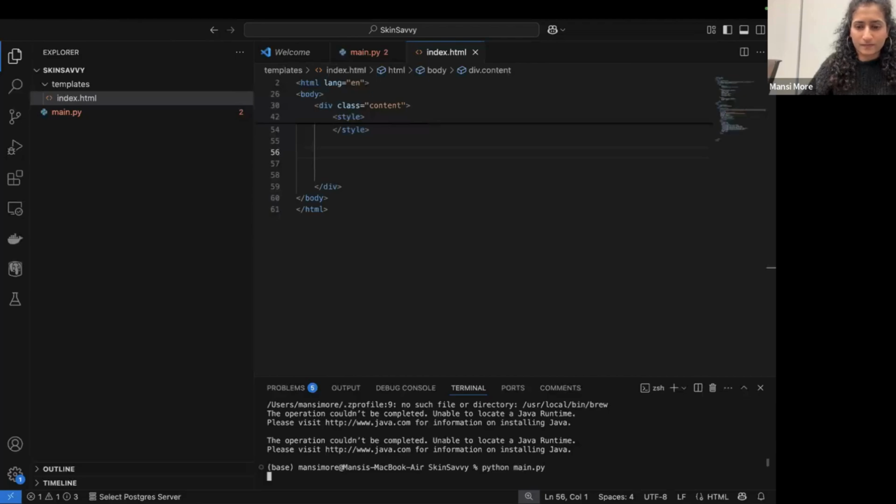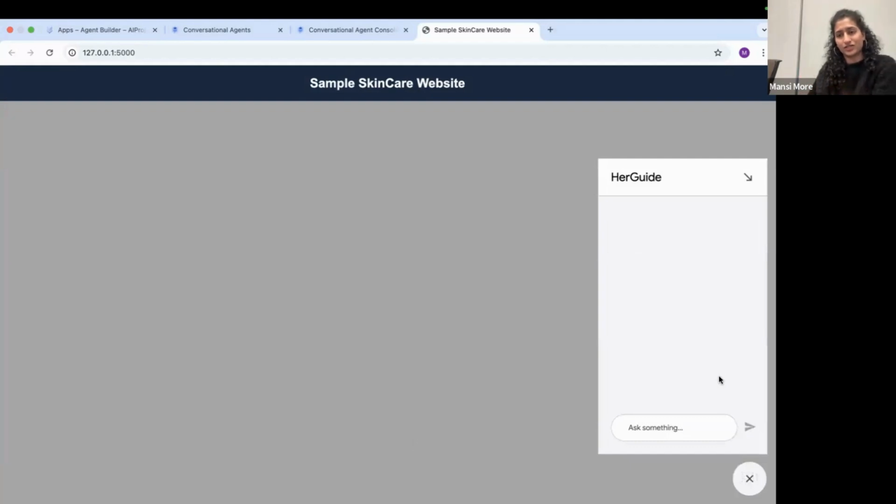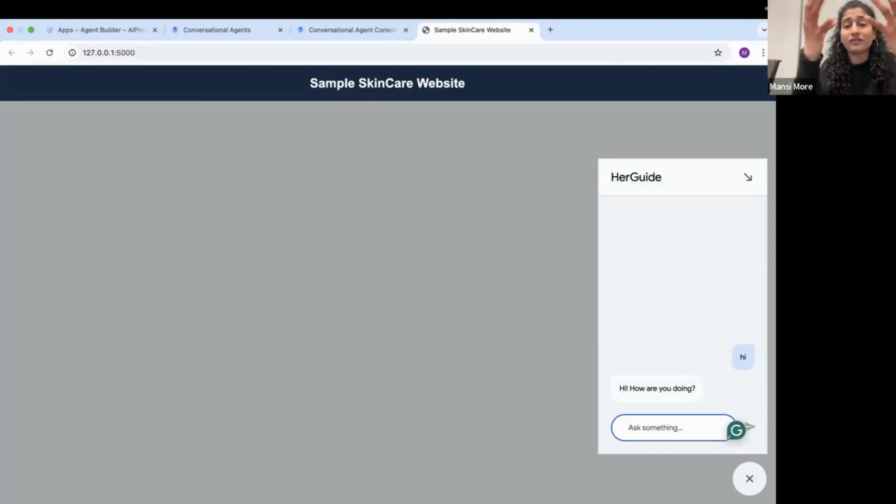Here we go. This is a sample skincare website, and this is the bot icon in the right bottom where you'll be able to see your chatbot, and you can ask questions, specifically sample questions on the training data which you have fed to the chatbot. And I think we are done deploying the chatbot on a sample website.